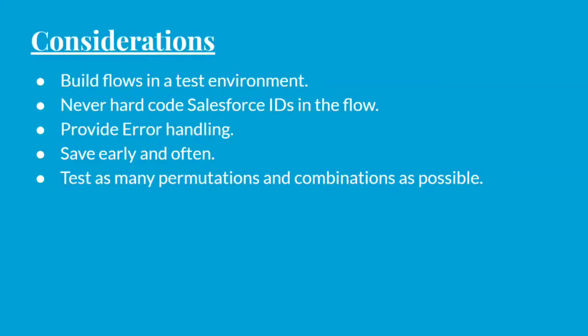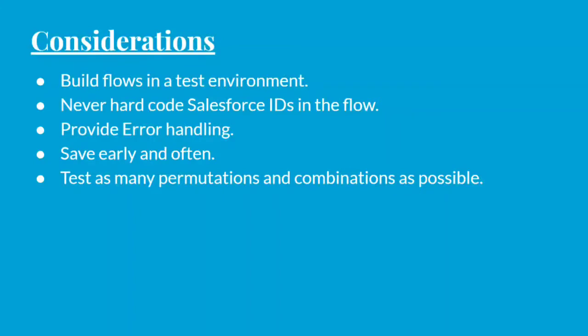Then test as many permutations and combinations as possible. They are giving this option of testing a flow or debugging a flow, so use it thoroughly. Use as many permutations and combinations as possible, use different scenarios, different criteria with different values, and test it thoroughly. Once you're completely satisfied with your flow execution, then you can go ahead and execute it in production. So these are the main considerations you need to take care of when you are defining